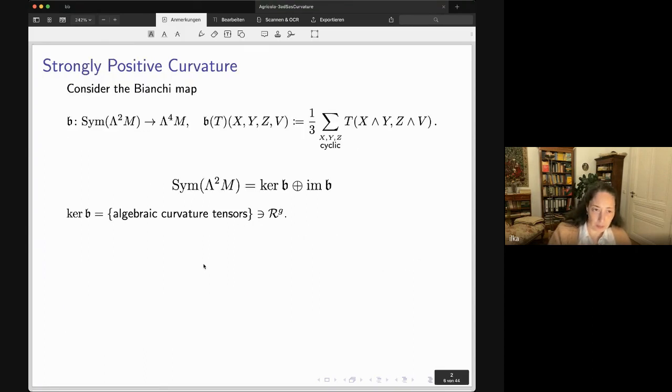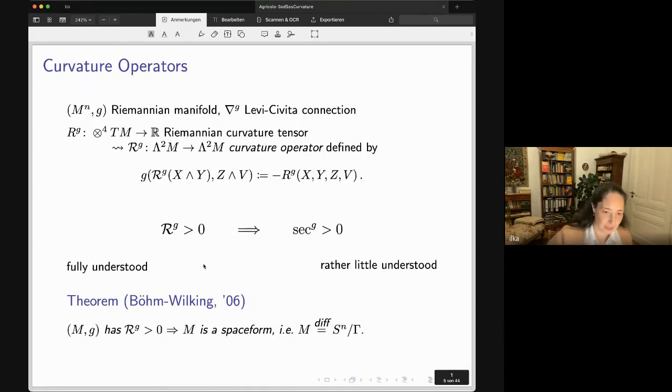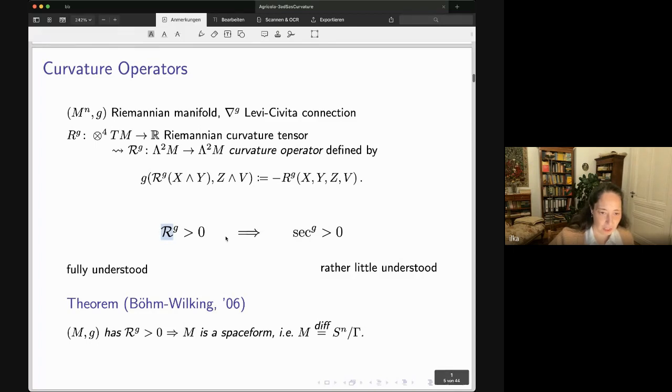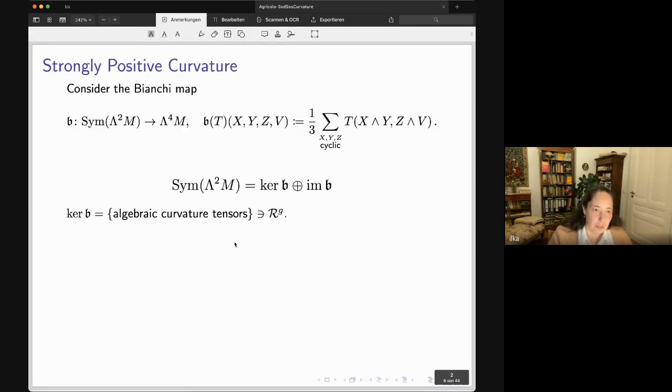And so our idea is to get conditions which would be sort of intermediate. Okay, good. So for this, we introduce the notion of strongly positive curvature. We consider the Bianchi map, which is the classical map, script B, from symmetric endomorphisms from two forms to two forms to four forms by defining B of T being such a tensor, as 1/3 the cyclic sum of